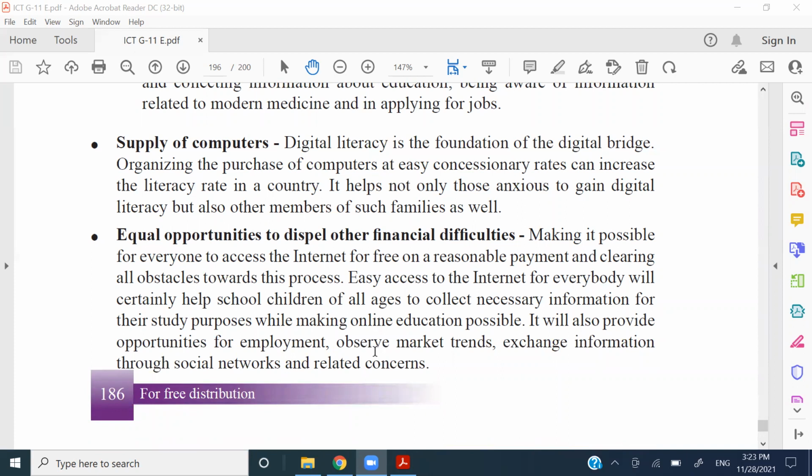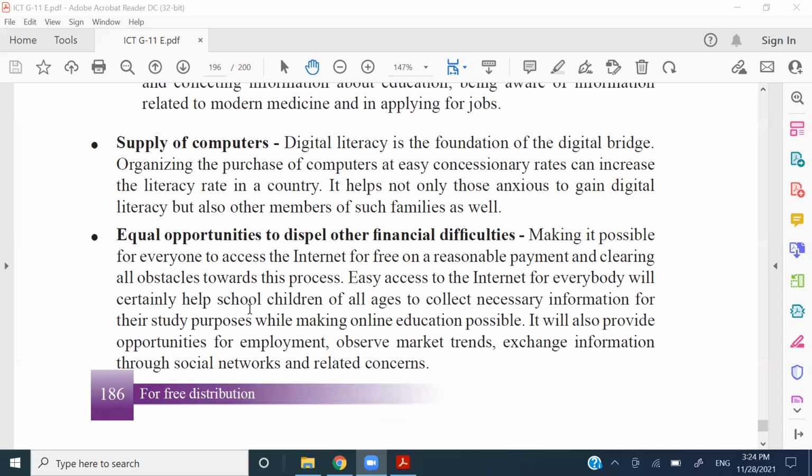Now, it is a very broad concept, right? It means making it possible for everyone to access the internet for free or at a reasonable payment, and clearing all obstacles in the process. There were several companies trying to provide these facilities, like using Google Balloons and so on, right? But still it is at a very primary stage, providing the internet for free, right? Even the governments of Sri Lanka were trying to have free Wi-Fi zones and all these things, but it was not a very successful project,